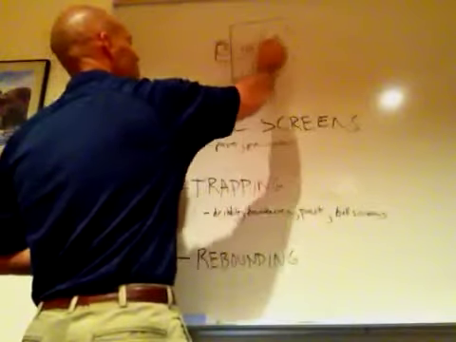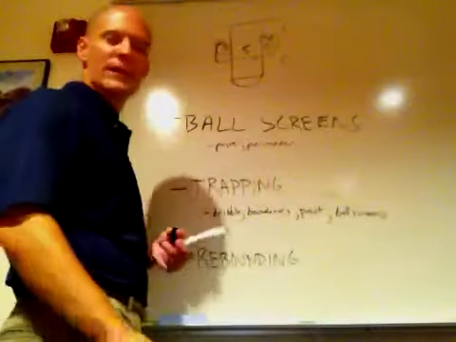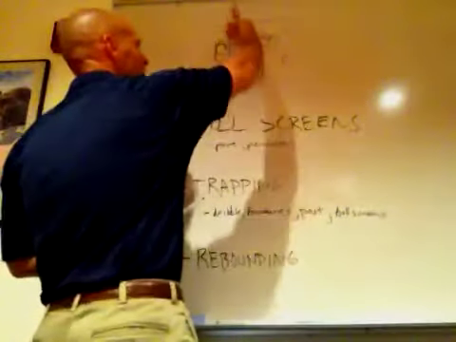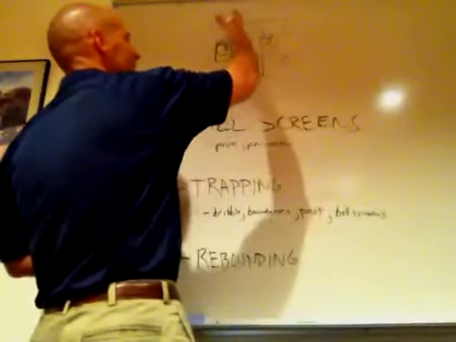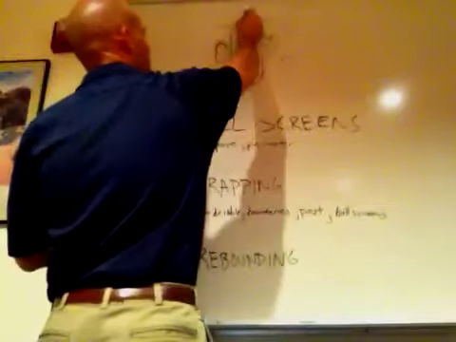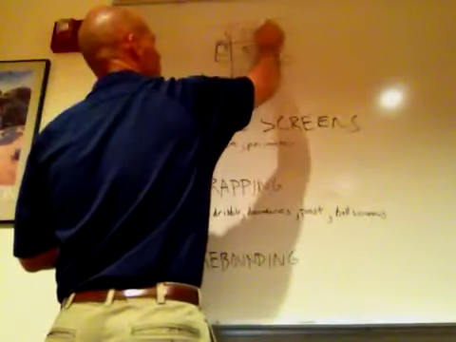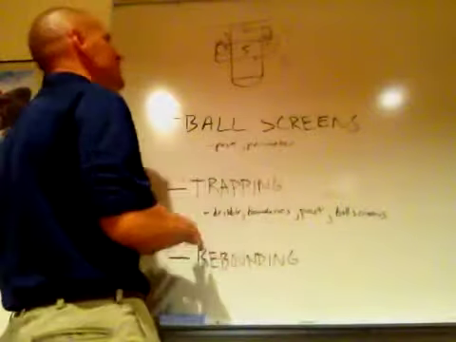What we have found as a real key is those players cannot get compressed by the basket, especially on long jump shots. They've got to step out. They've got to make contact with the players away from the basket and give themselves a nice area to work with in front of the basket, this area here. So we're not crowded under the basket and we're not getting pinched under the basket,